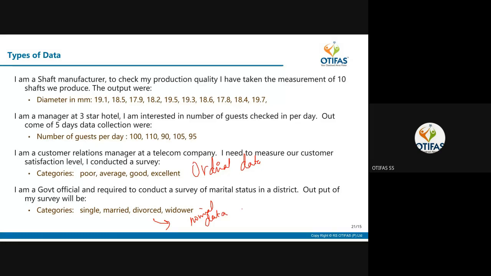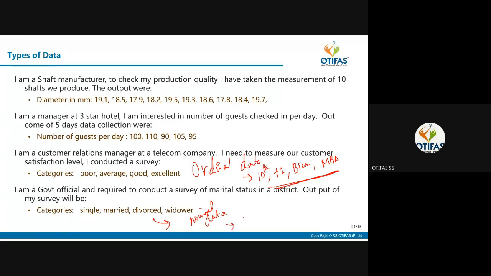Now, for example, here let's say 10th, plus 2, BTech, MBA. So we can very clearly say this data type, education qualification, is ordinal data, isn't it? Is there a meaningful order or not? There is a meaningful order.